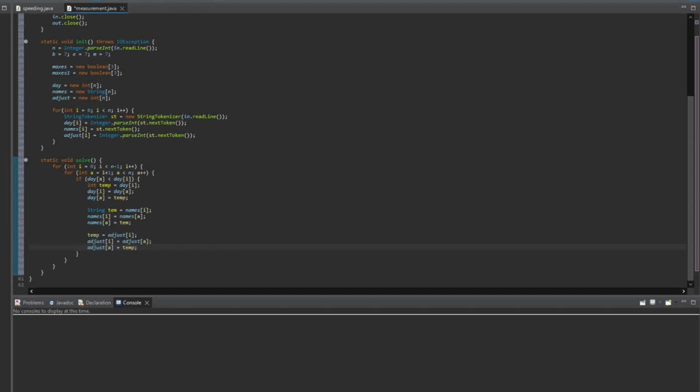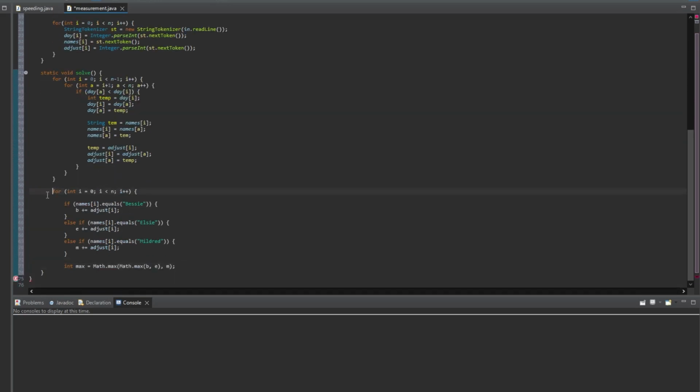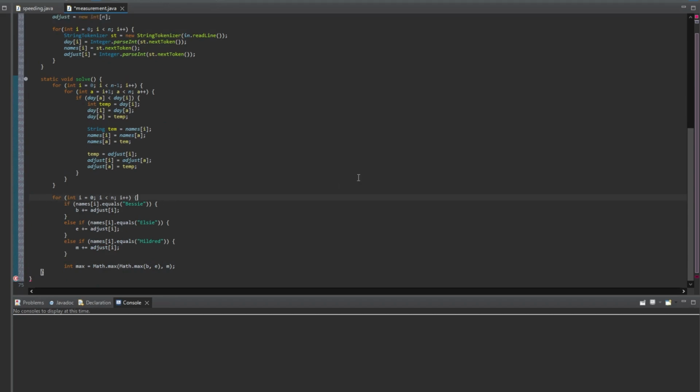And then we're going to move on to the next part of our solve method. What we're going to do is open up a for loop, and we're going to compare with the names. I know this is incomplete, but just bear with me. So we opened up a for loop from 0 to n, and if names[i] is equal to Bessie, then